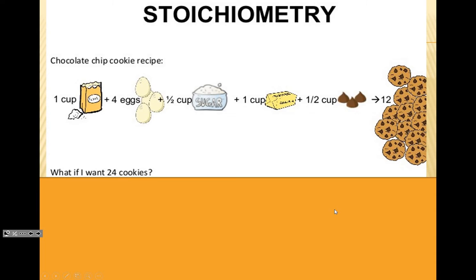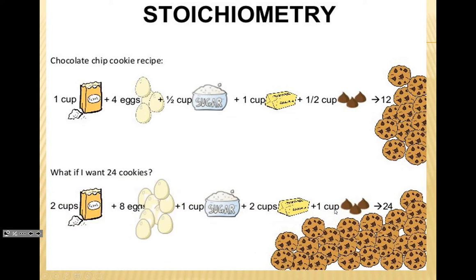Now what if we make cookies? So if we make cookies, we're going to have different amounts of all this stuff. We'll need 1 cup of flour, 4 eggs, half a cup of sugar, 1 cup of butter. That's a lot of butter, by the way. Half a cup of chocolate chips, and I can make 12 cookies. Okay? What if I want to make 24? You double it. You guys know that, right? So if I double it, I'm going to end up with 2 cups, 8 eggs, blah, blah, blah, and I